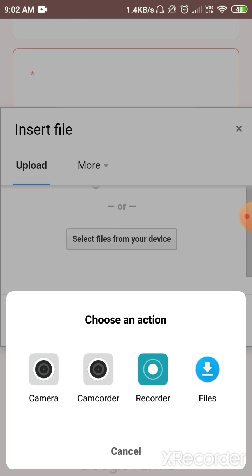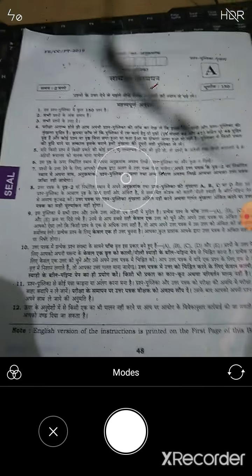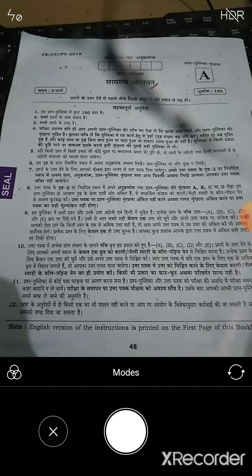To make a PDF, you can use multiple software like Kagaj Scanner, Adobe Scan, camera scanner, etc. I am simply clicking on camera for one page. We will adjust our camera on the page and click the capture option.